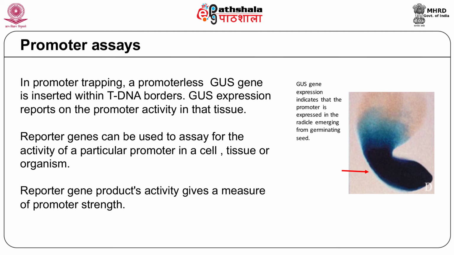Promoter trapping is another technique that uses reporter gene expression to identify promoters. The promoterless reporter gene is allowed to randomly insert into the plant genome. If it inserts adjacent to a promoter, the expression of reporter gene is used to understand where and when the promoter is active. All these applications have led to the widespread use of screenable markers in biology.